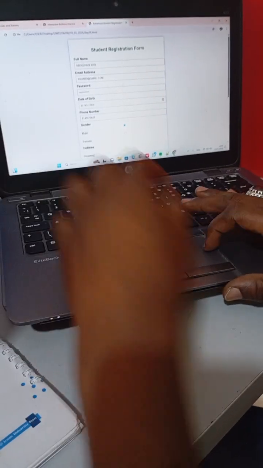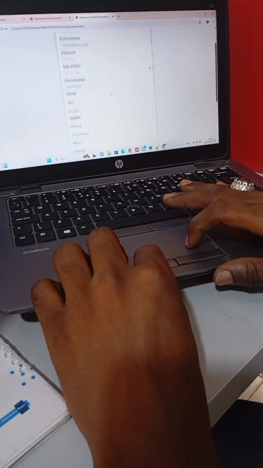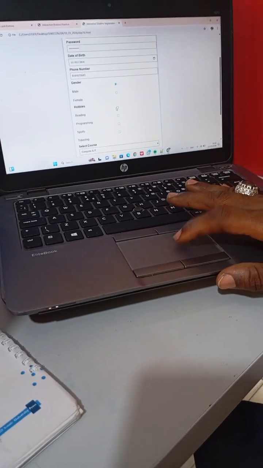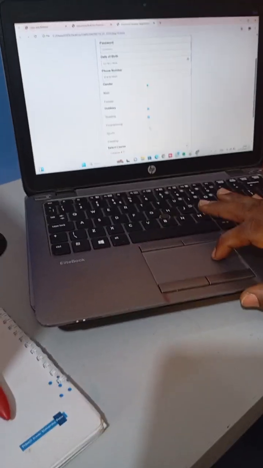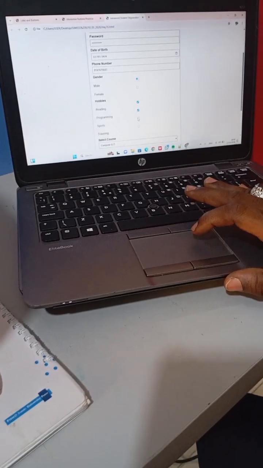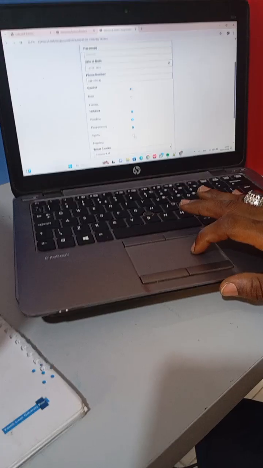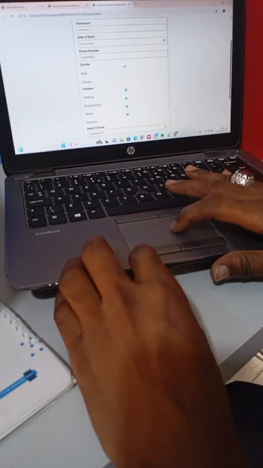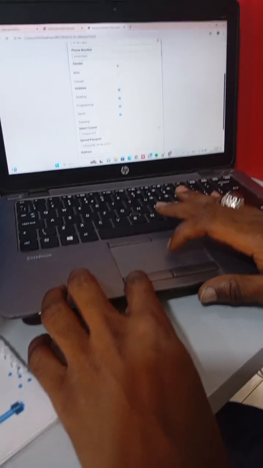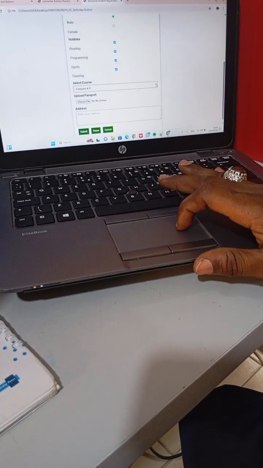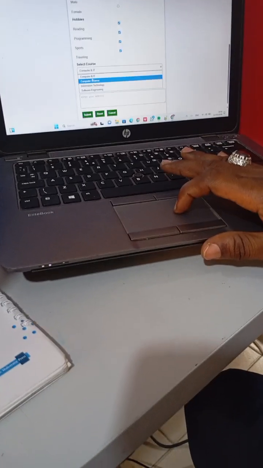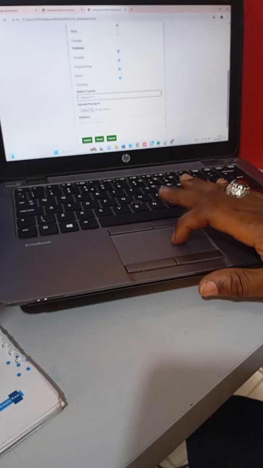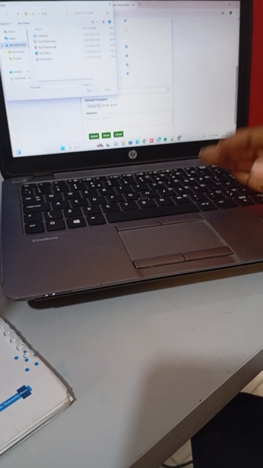Therefore, it shows the selection. Then I come down like this. I will select my hobby. I like reading. I also, at the same time, like programming, sports, and traveling. These are my best hobbies. I can click all, and I can choose some, depending on the course I'm offering. In my case, I'm covering computer and IT, so I can choose the passport.